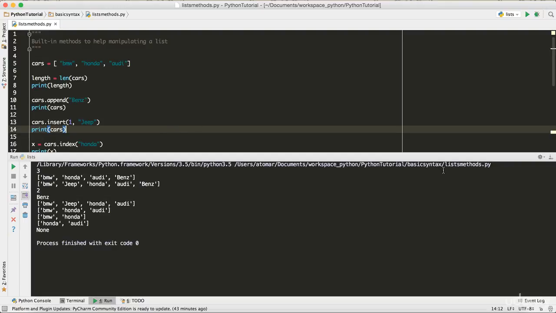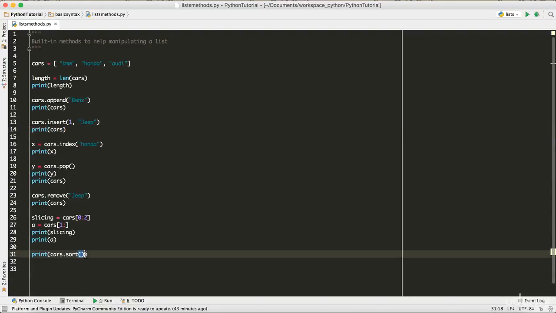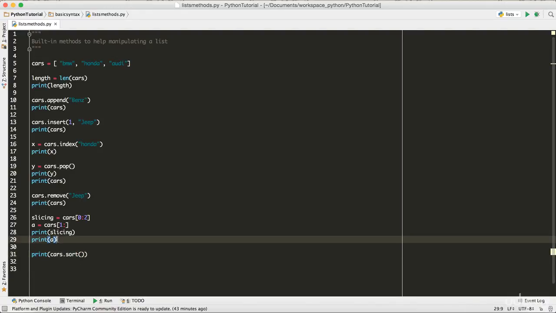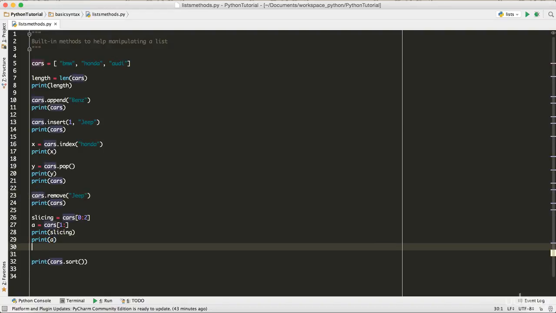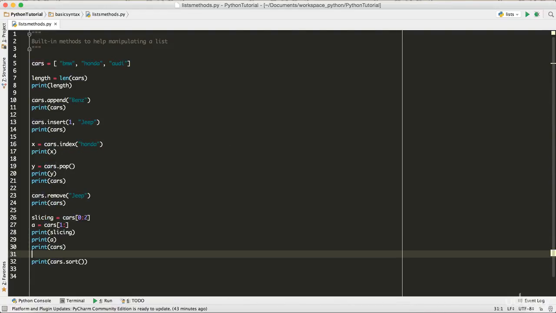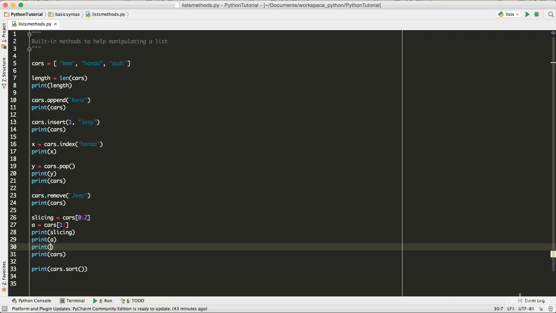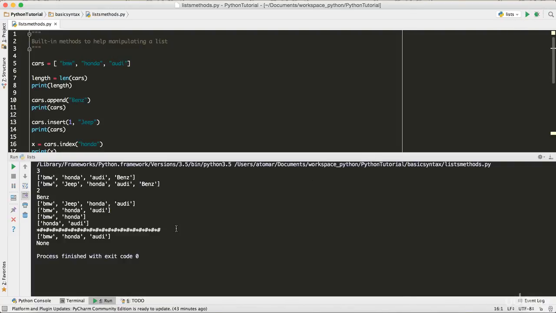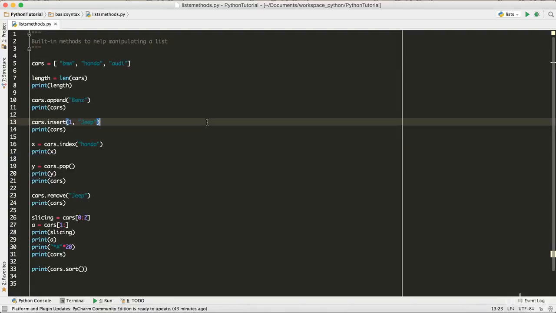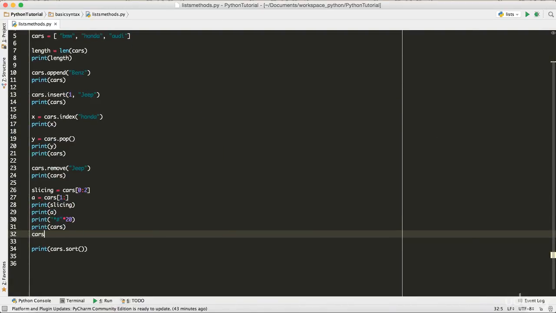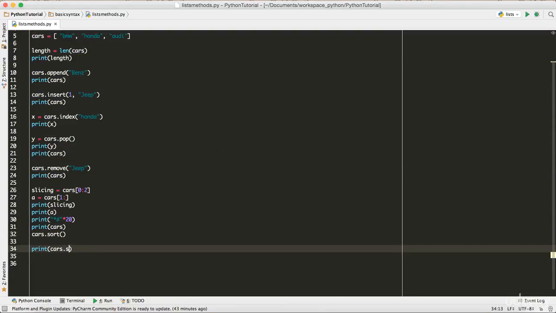So let's see what happened. I'm going to see what's happening here. Cars dot sort, I have the cars. So let's print out the cars first. Print cars, and let's print out a separator so we know what's happening: a star multiplied by 20 or something, so we know what's happening and where. It's printing the cars BMW, Honda, Audi, and we can just do cars dot sort here, and instead of printing it here, I think we can just print cars.